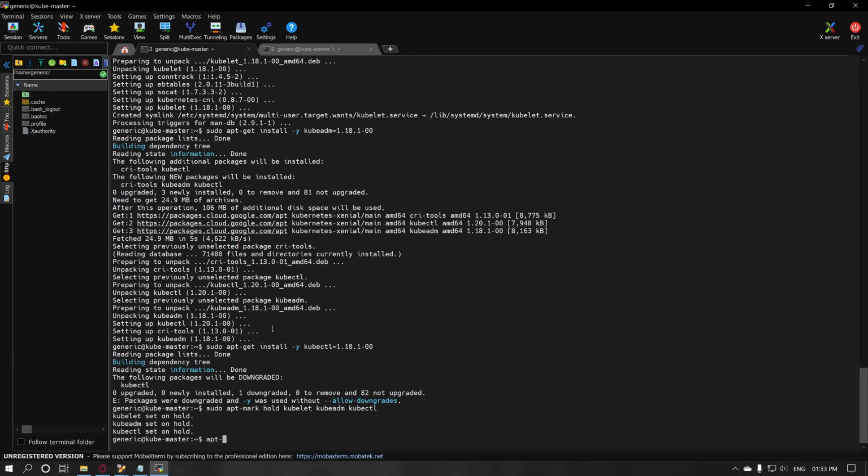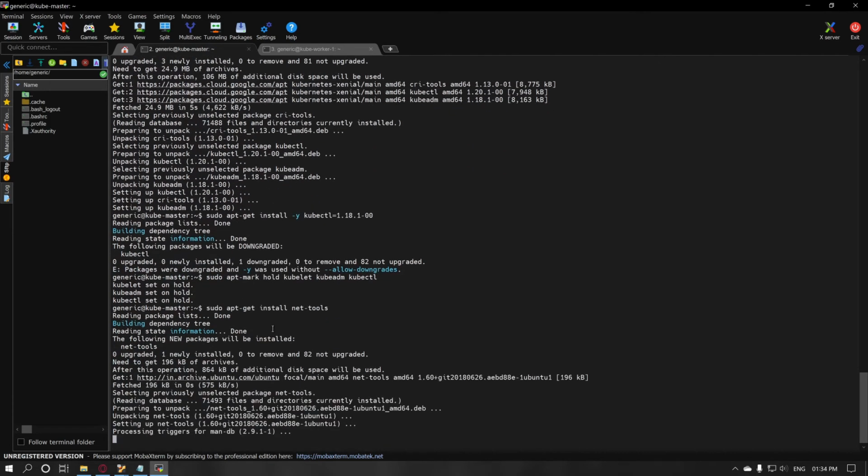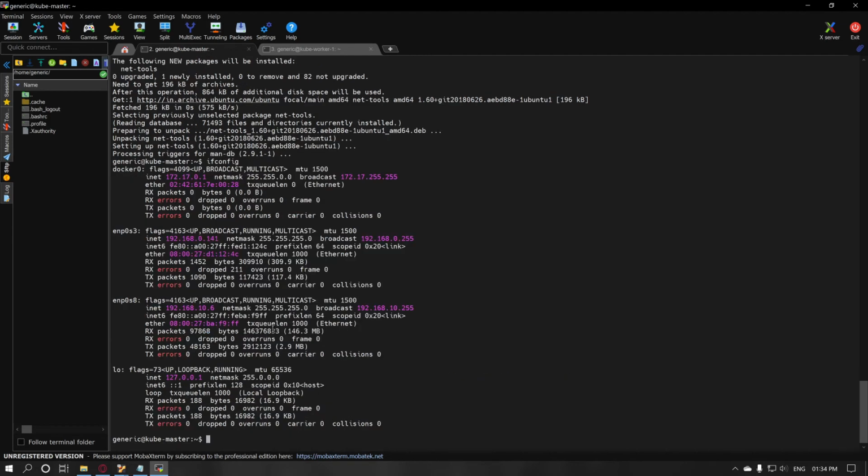So before that, let me install net tools. So the NAT network has assigned 192.168.10.6 for the master VM. So I'll just directly go to